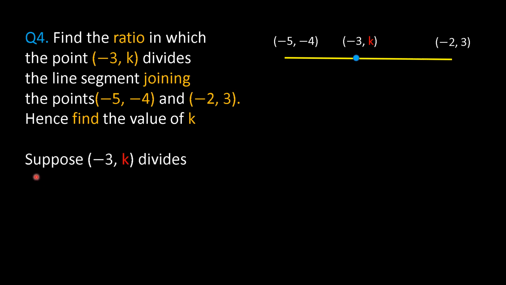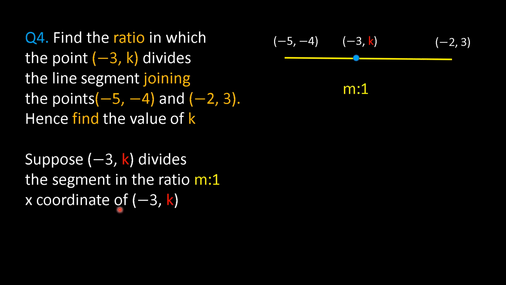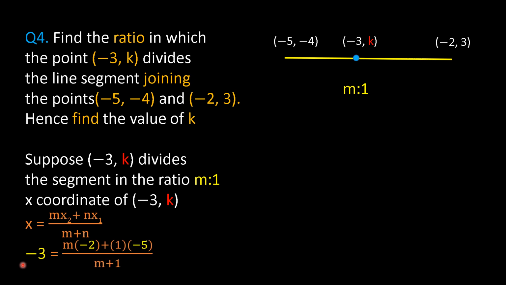So we will start by supposing (minus 3, k) divides the segment in the ratio m:1. So the x coordinate of the point, which is minus 3, will be minus 3 equals (mx2 plus nx1)